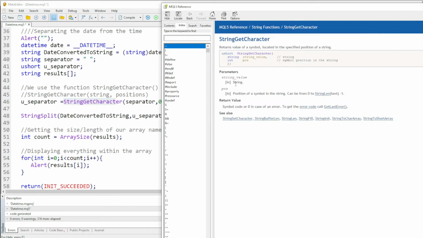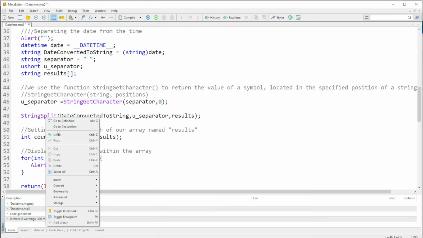that it takes in two parameters, if I'm not mistaken, the separator and the starting position. As you can see, our separator is this empty space that I told you about, which we're going to use to separate the dates from the time. And then if you look at the split,